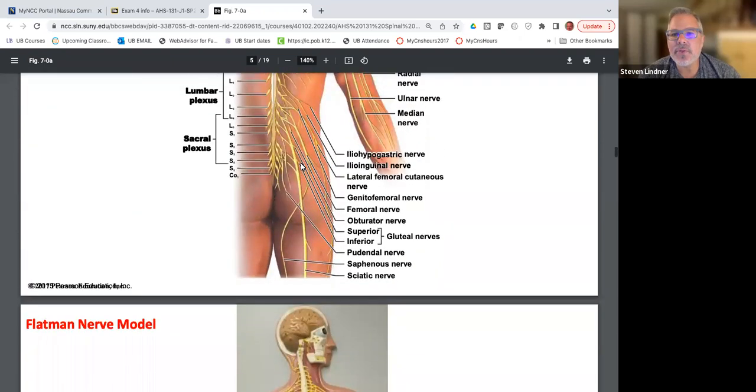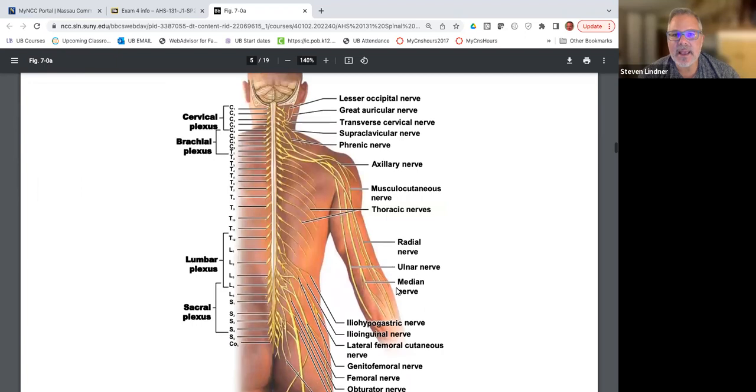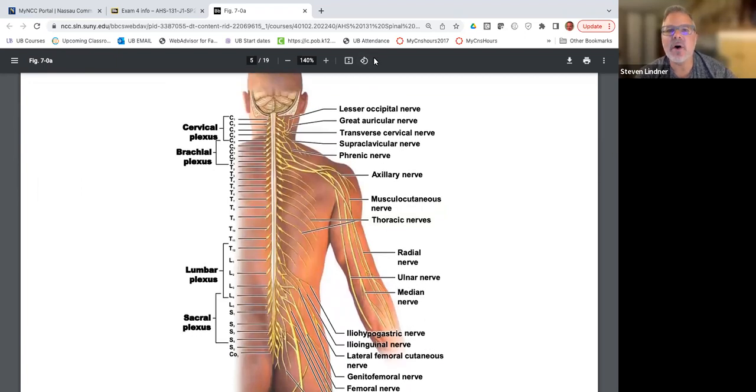So we're going to go through some of these nerves that are significant and important. Let's see if I can check off a few of them here that I think are important, and then we'll show them in a separate slide. I think the phrenic nerve is important. That goes to the diaphragm. We'll go over the axillary nerve,